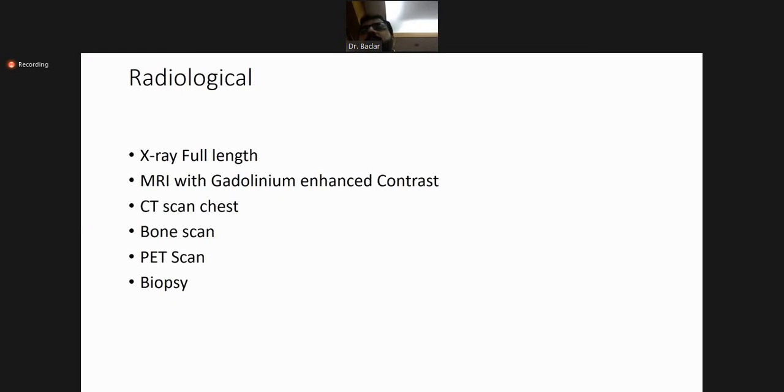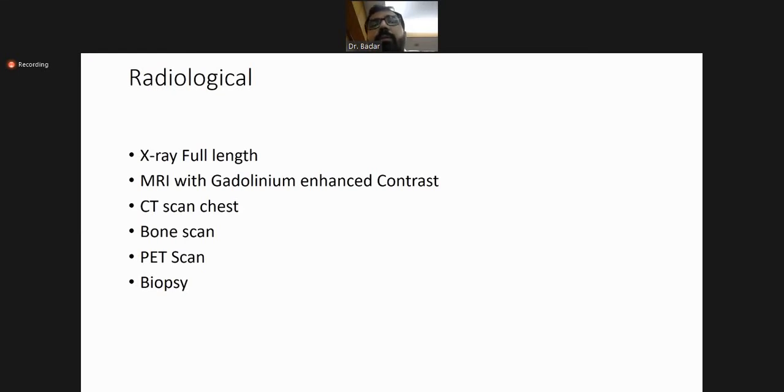So why the biopsy in the end? The reason is that if you do the biopsy before doing all investigations, you will miss some problems. For example, you did the calcium, phosphate, alkaline phosphatase, and calcium is raised and PTH is low. It means the patient is having a problem with hyperparathyroidism. So you need to evaluate the parathyroid gland and find out whether the parathyroids are normal. So investigate along that line. And if you find a parathyroid adenoma that is causing bone destruction, there is no need to do a biopsy.